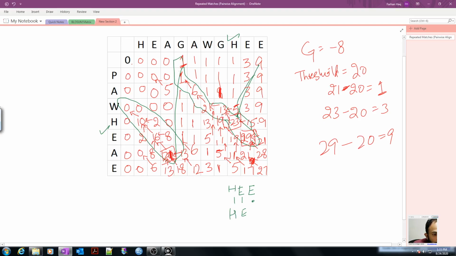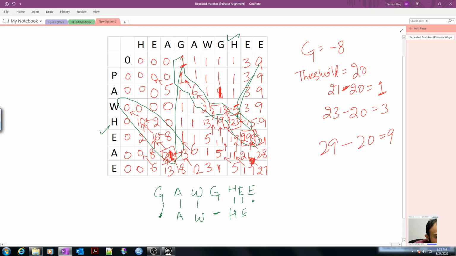Then there is a gap against G. There is no other sequence other than G, so we will add a gap here, G and G. Now from G, W and W, there is another alignment here, so we will say W and W. And then A and A is the next alignment, A, and yes, and then from A there is a G. So again, in front of G there is no other sequence, so we will add G here, and